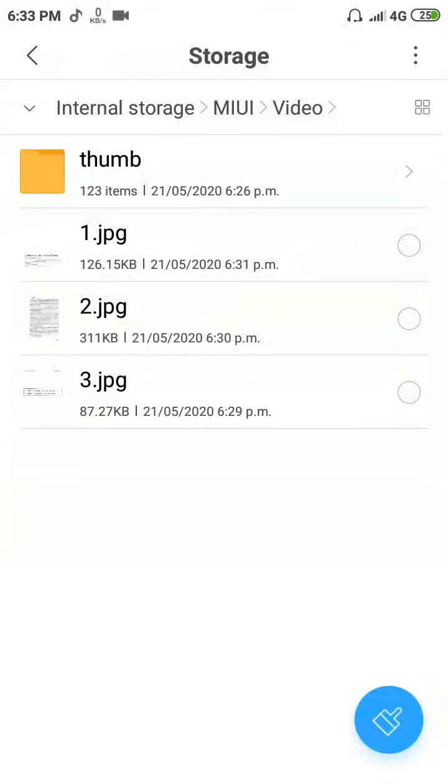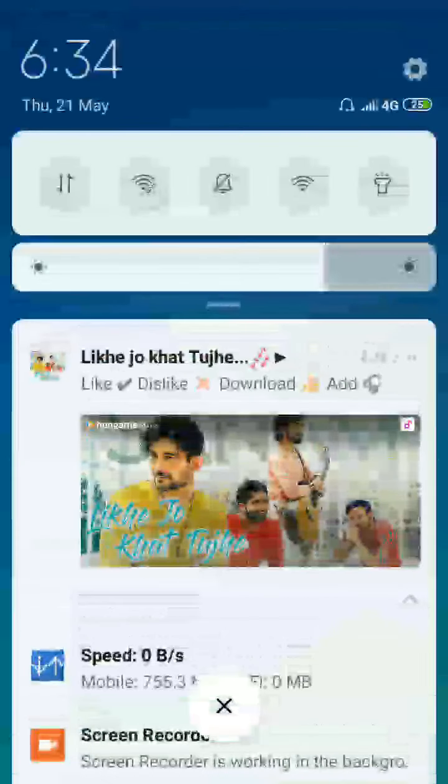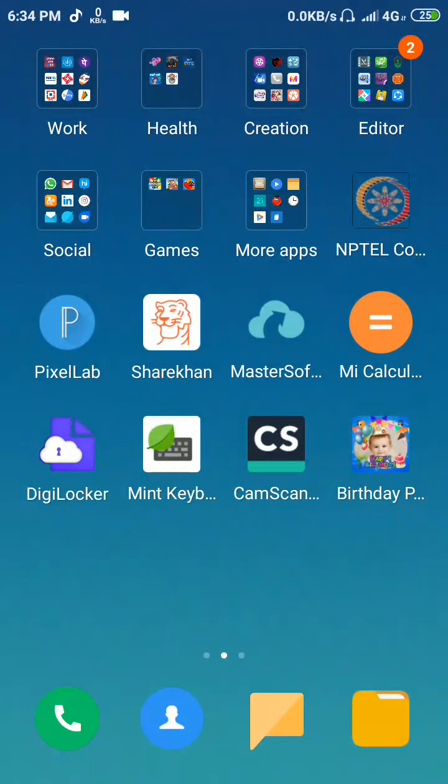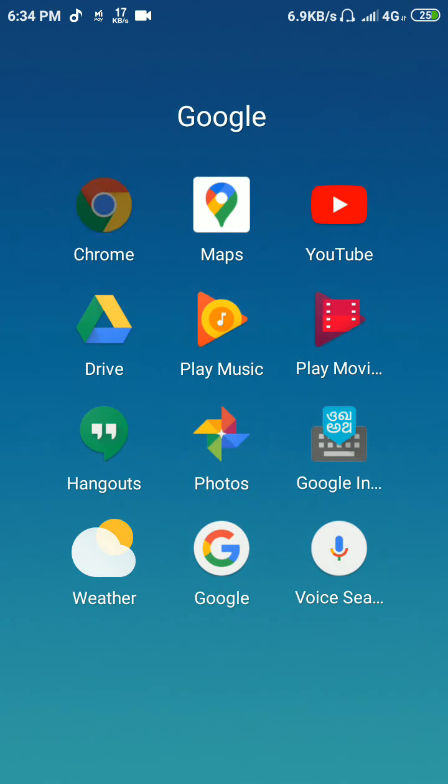We can join or create documents having any number of pages. Then click on any browser in your mobile.